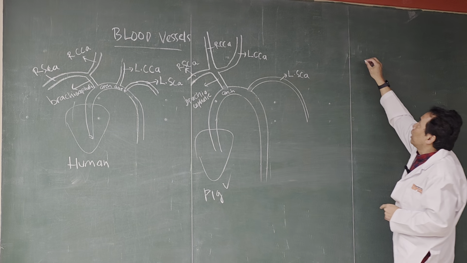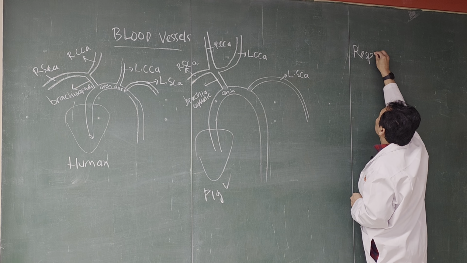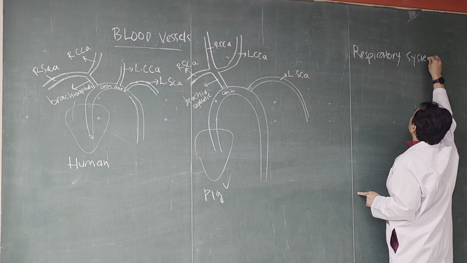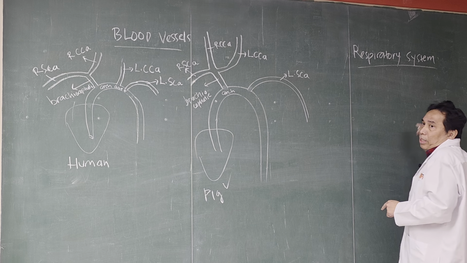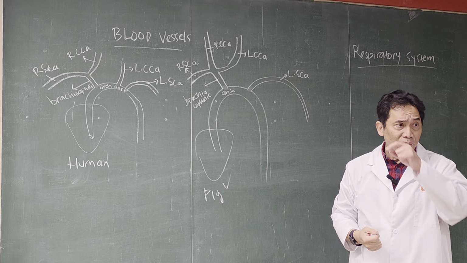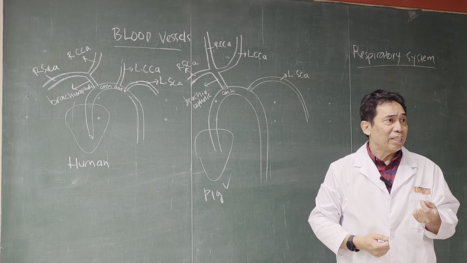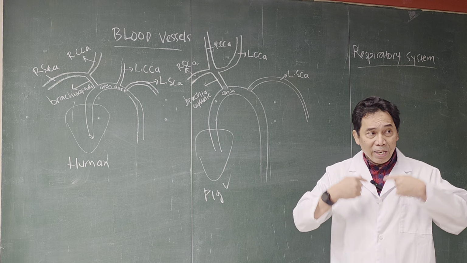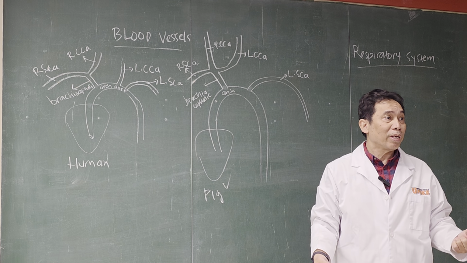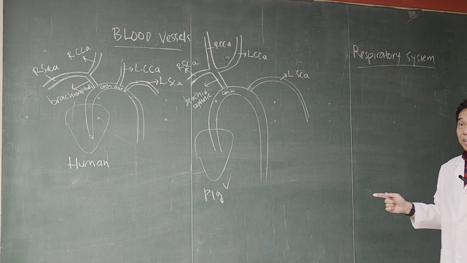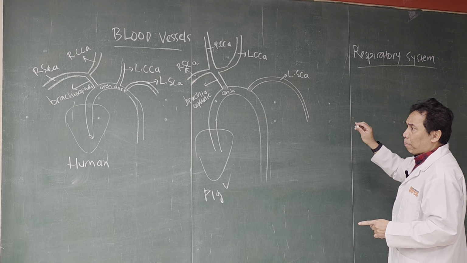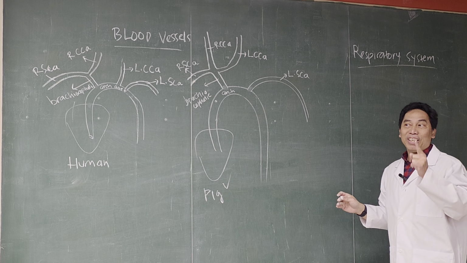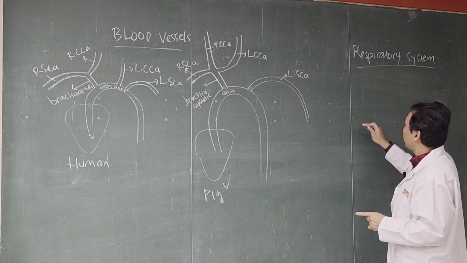The second one is the respiratory system. Today you're going to look at the organs, and we already learned the organs for the respiratory system, starting from the nose, pharynx, larynx, trachea, bronchus, bronchioles, alveoli, and finally the lungs. That's all the organs for this respiratory system. Now, we're going to compare the pig and human. Of course, we don't have a human to dissect today. You only dissect the pig. You're going to look at the respiratory organs of the pig.